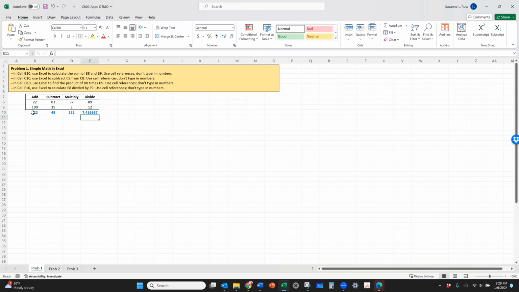When I check your work, what I'm going to do is click in each of your cells and make sure you actually typed in the formulas and not numbers, and make sure you typed in the correct formula. That's how I check your work. So if you were to just use your calculator and type in the answers here, you wouldn't get any of them right, because I need to see that you've done these